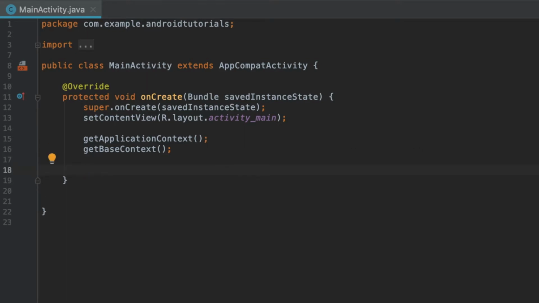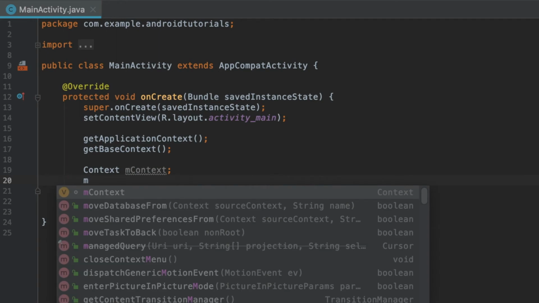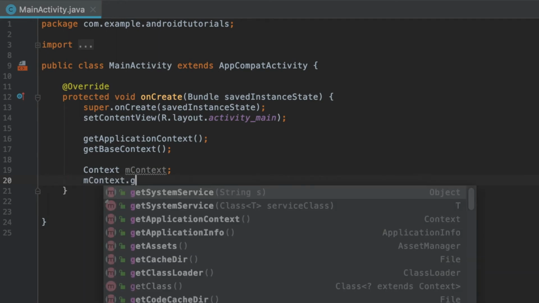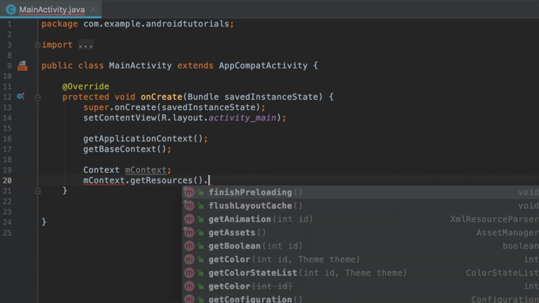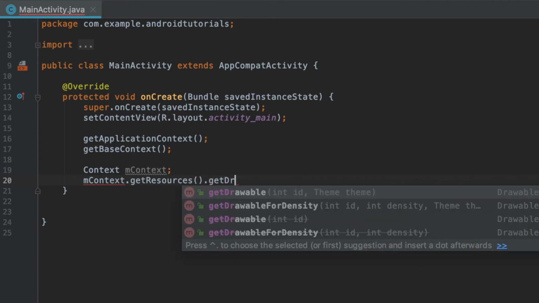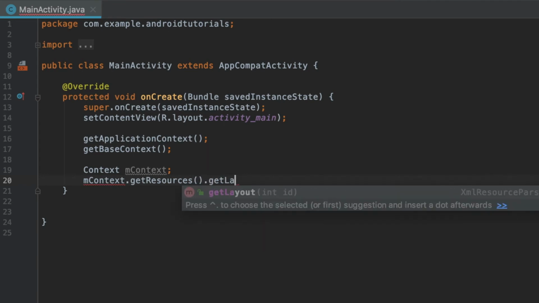As mentioned earlier, context can also be used to get resources. For example, if you were to be in an adapter for a list view that you had in your activity class, if you were to have a context object like mContext, what you could do is use that context to access resources from your adapter. So you could say mContext.getResources, and then like that you could get different resources like drawables or layouts and